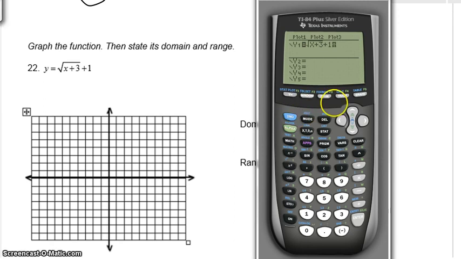So we're going to go to second table, second graph. And you can up arrow for a little bit. We're looking for friendly points, but I do want to point out that you do get quite a bit of errors. You get errors until you get to -3 for your x. So for -3 for your x value,